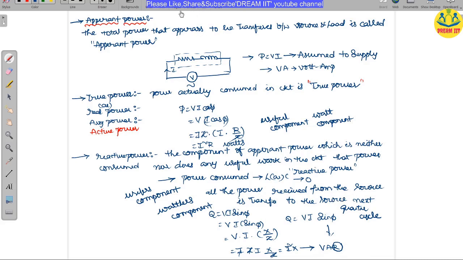Another important topic here is the power factor. Let us define the power factor of the circuit. It is the cosine of the angle between the voltage vector and the current vector. We have already defined this: we take the cosine of the angle between the voltage vector and current vector, and that is known as the power factor. Or, in another way, it is defined as the factor